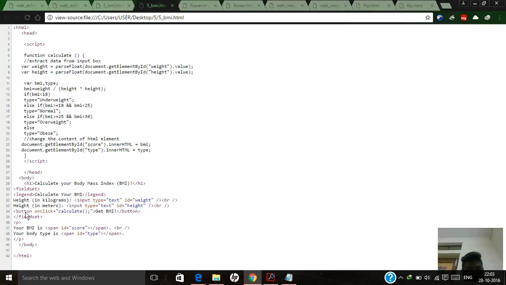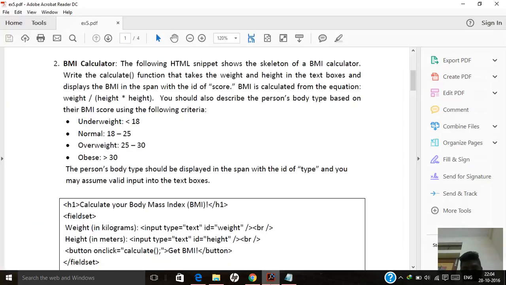Then button onclick calculate for the button, and as it is within a box, we are using fieldset. Then paragraph, your BMI for showing the BMI, and your body type for showing the body type, and all the tags are then closed. Now we can go for the third question,